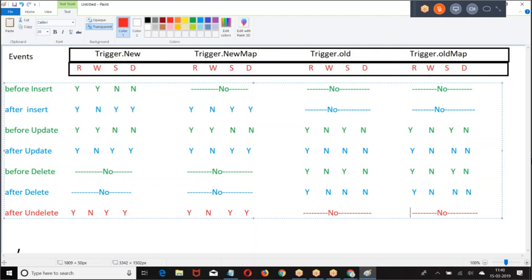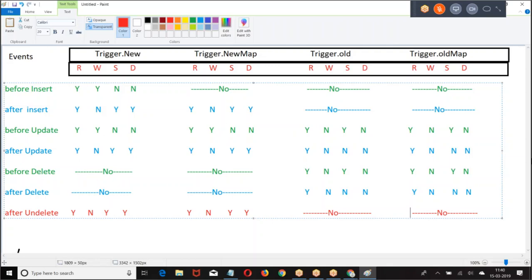The rest of the logic is list, set, map, SOQL, DML. The only extra thing is what we can perform on Trigger.new, when Trigger.old is available, and what we can perform on Trigger.old. This is the only concept. The rest is regular Apex programming with list, set, map, SOQL and DML.